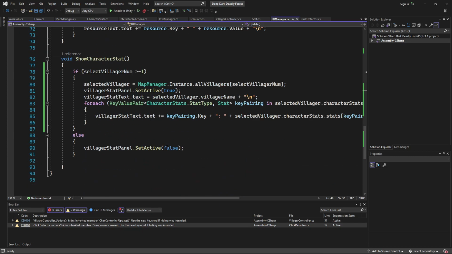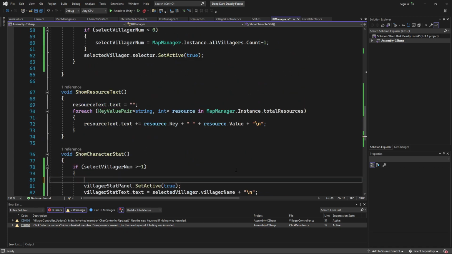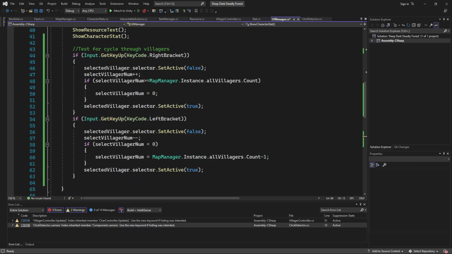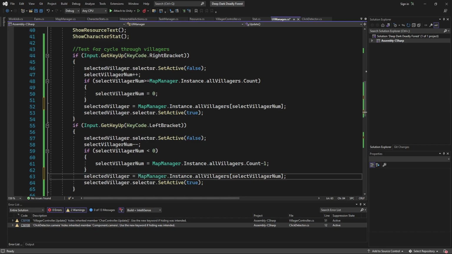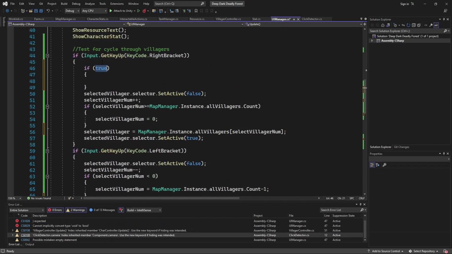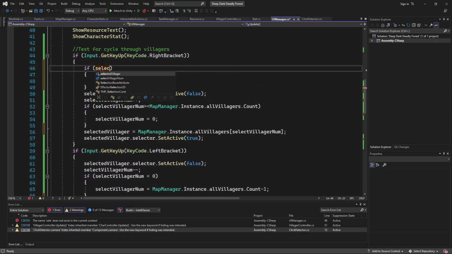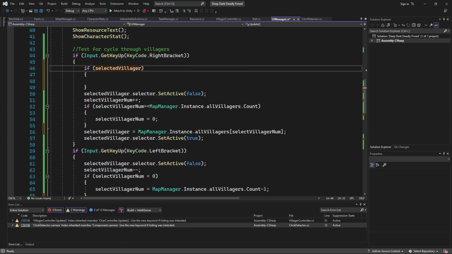Let's take this. And here we'll say if selected villager is not equal to null,